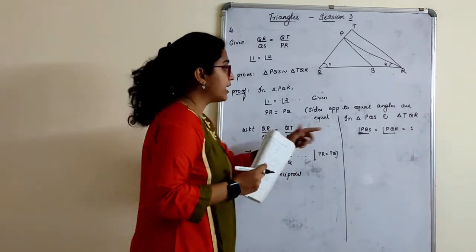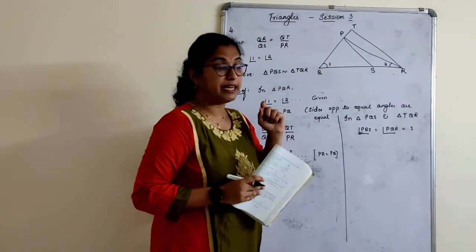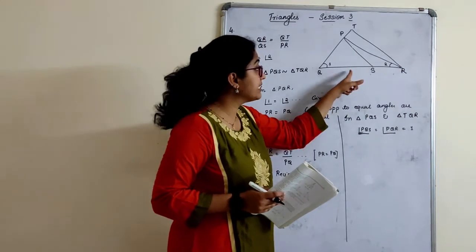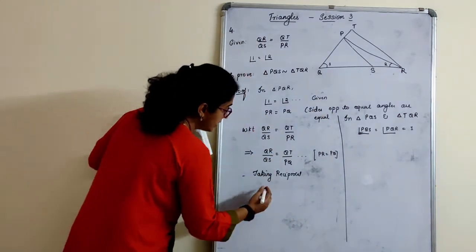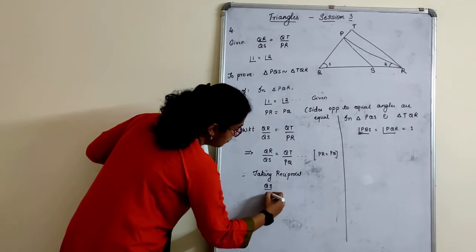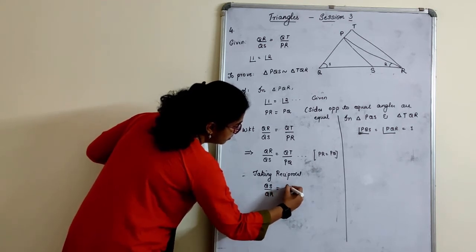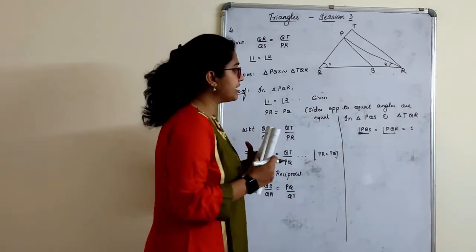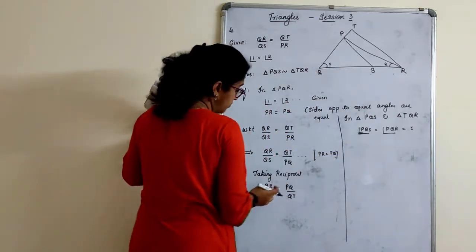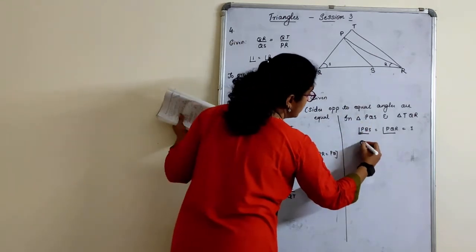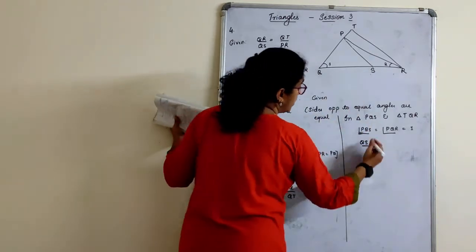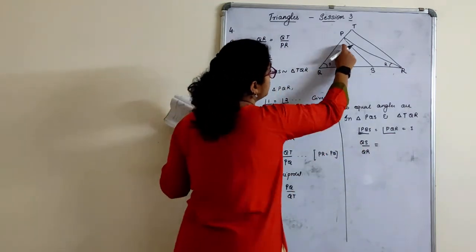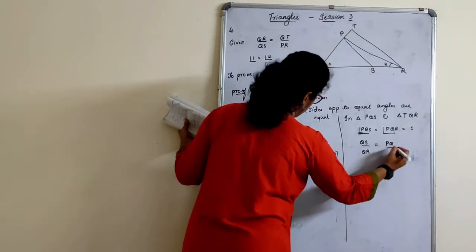Because whatever triangle I have chosen, I have to write the side with respect to that. See here, QR will come in the bigger triangle. I can't write QR first here. I have to write QS first here with respect to this. Taking reciprocal, QS upon QR is equal to PQ upon QT. I'll just take the reciprocal and write. It will fit now. So in this triangle PQS, I can write QS upon QR is equal to, next is PQ upon QT.